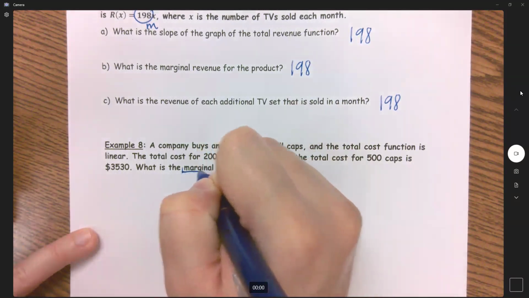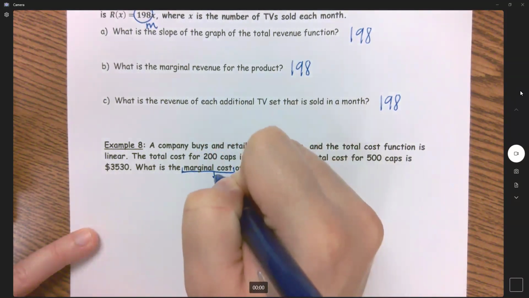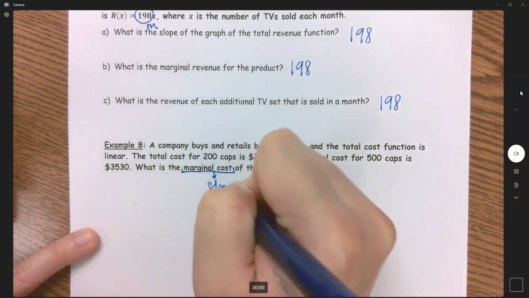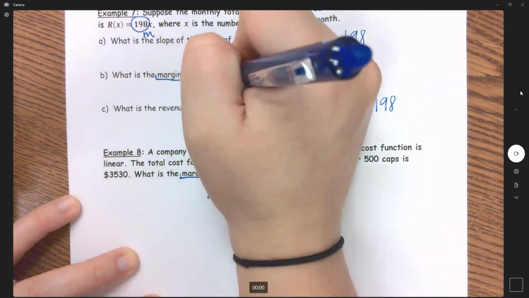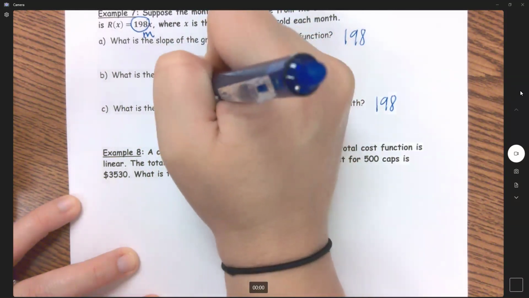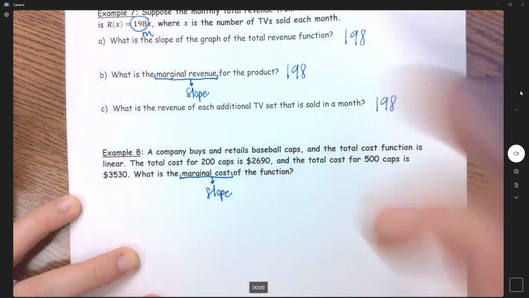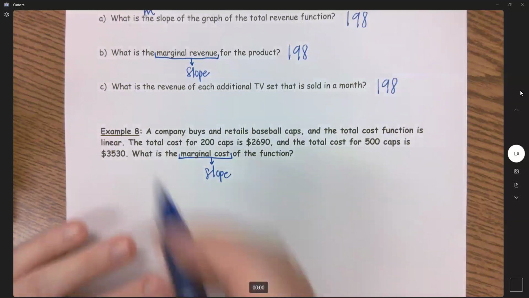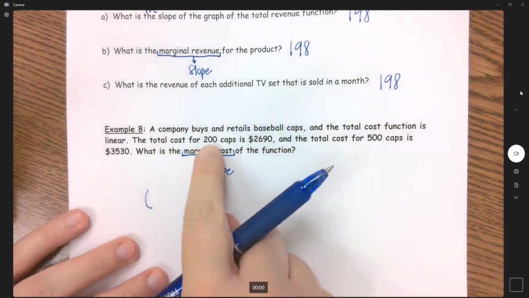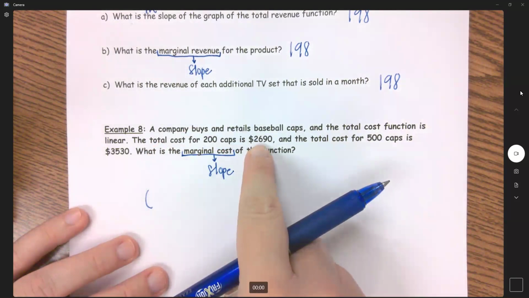Again, marginal cost just means slope, just like marginal revenue just meant slope. So we need to make our ordered pairs here. If I have 200 caps for 2,690,